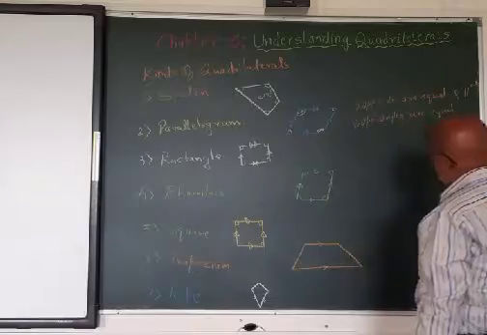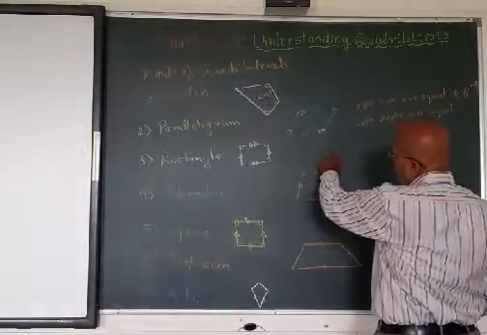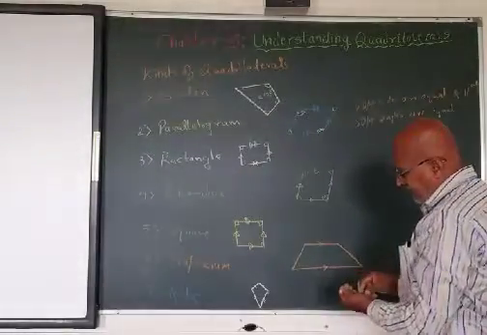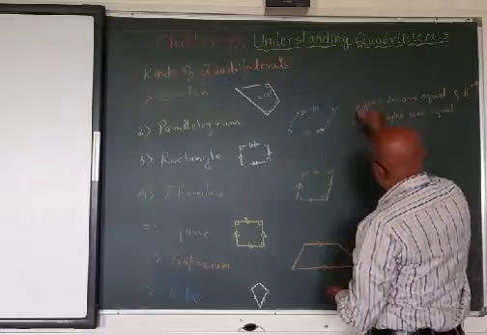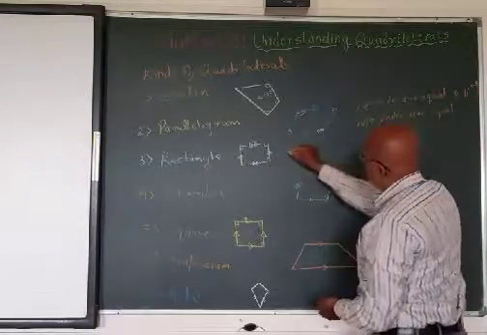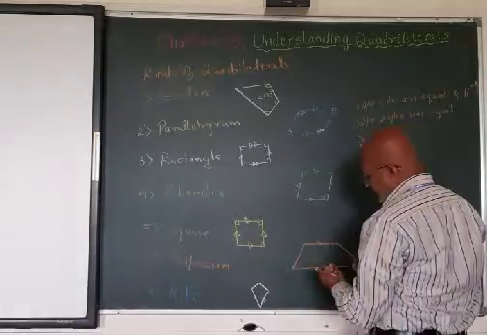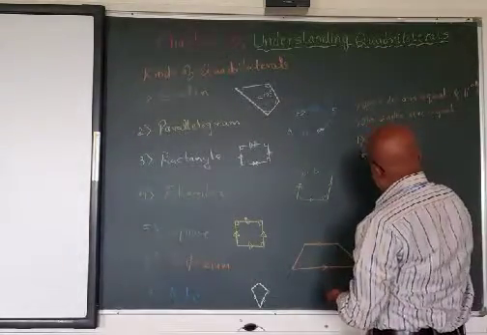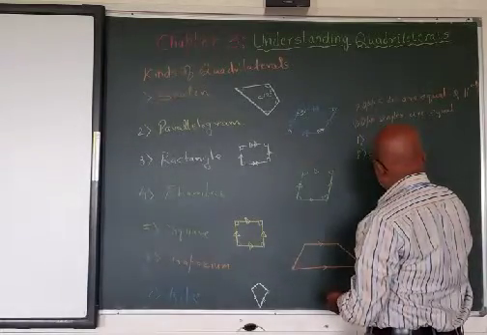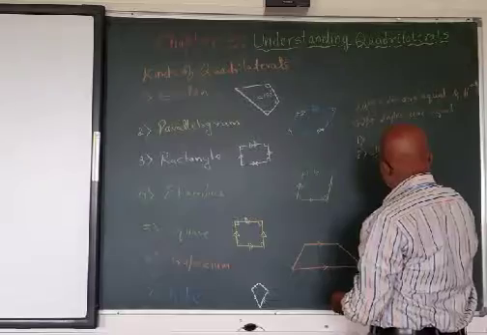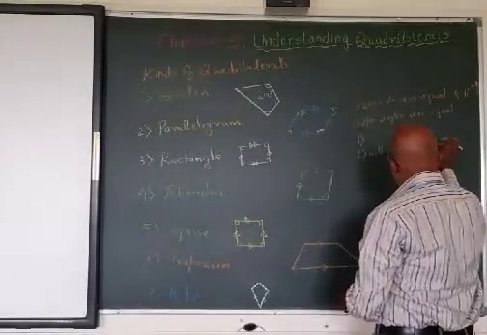Okay. Here opposite angles are equal. Instead of that, we just have to write all angles are equal. So here the first property remains as it is. And the second property is that all angles are equal.